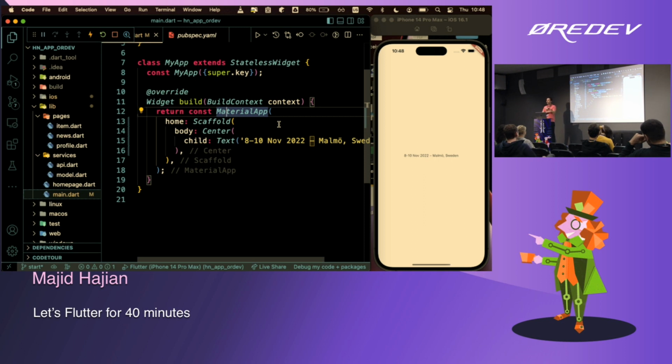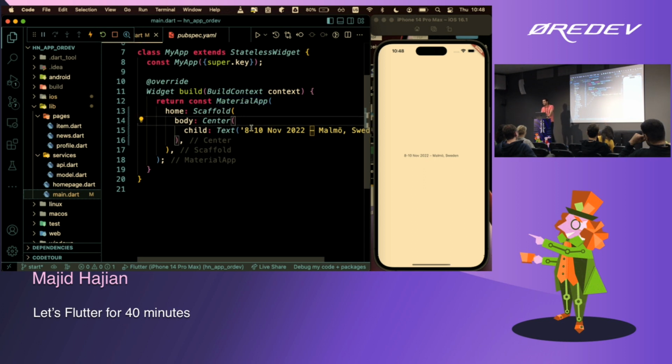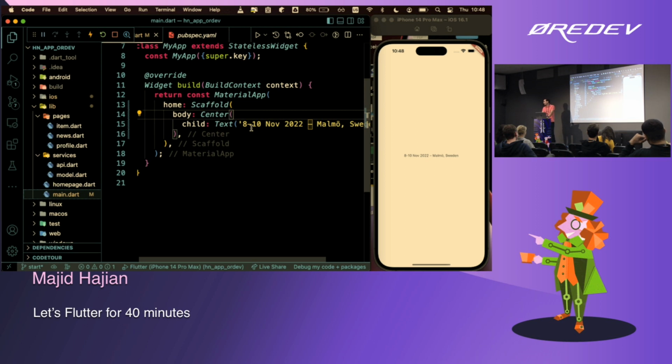If you need a button, you have different types of buttons. Of course, the basic setup is based on Material Design. You may not want that, but they are very customizable. You can change them to any design as you wish. So my recommendation is to start with MaterialApp. And I think in almost the last 5 years, I have never seen any other application that has started with anything else. So let's learn the syntax again, 2 minutes.